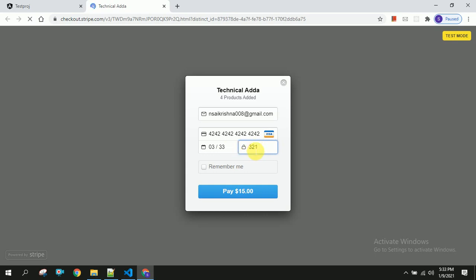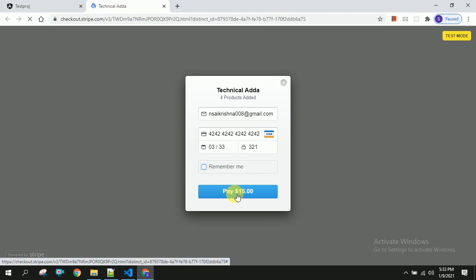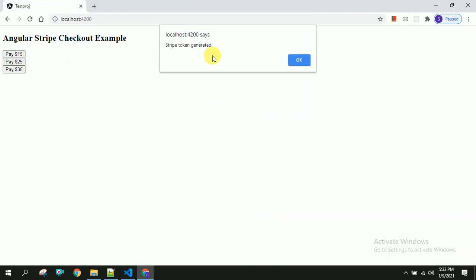And any 3-digit number here. If you want to click remember me, then you have to provide the phone number, so I'm not checking this. And once you click on this pay the amount, you can see it got successfully generated the Stripe token.